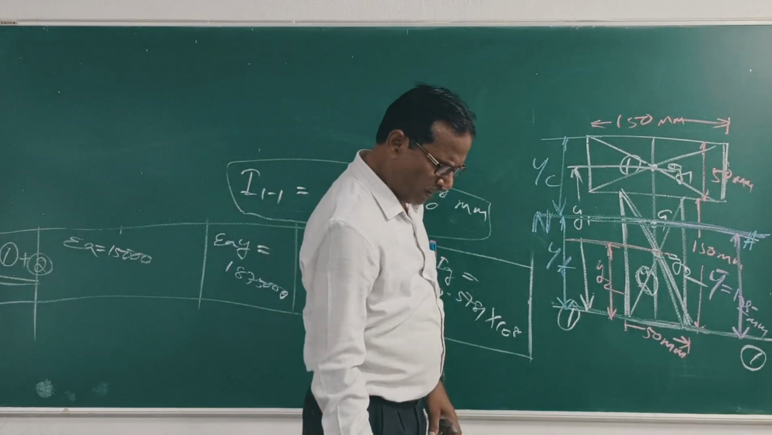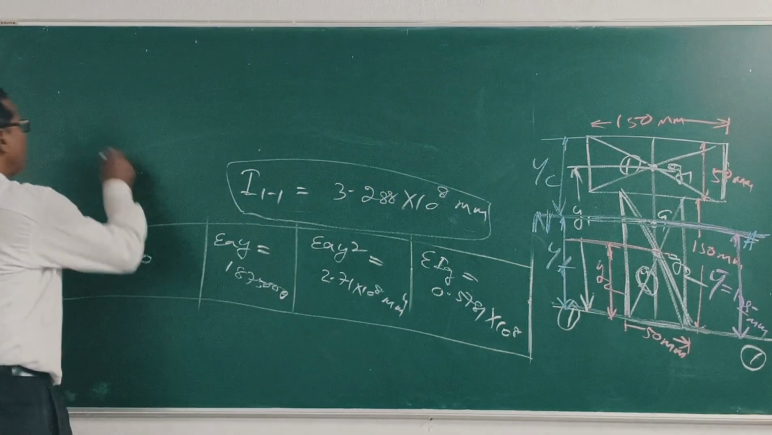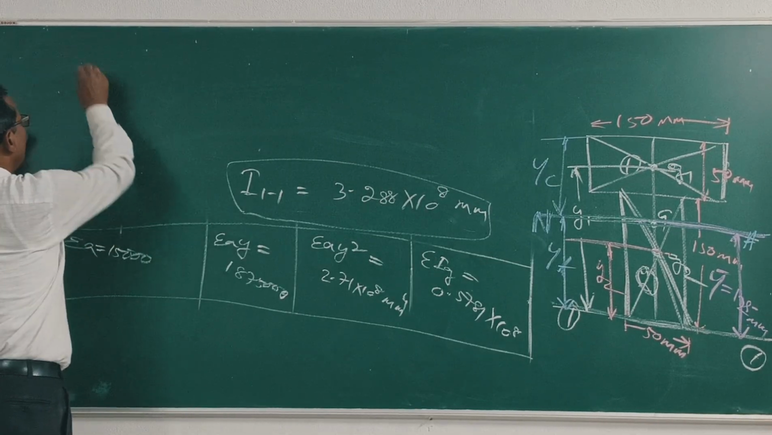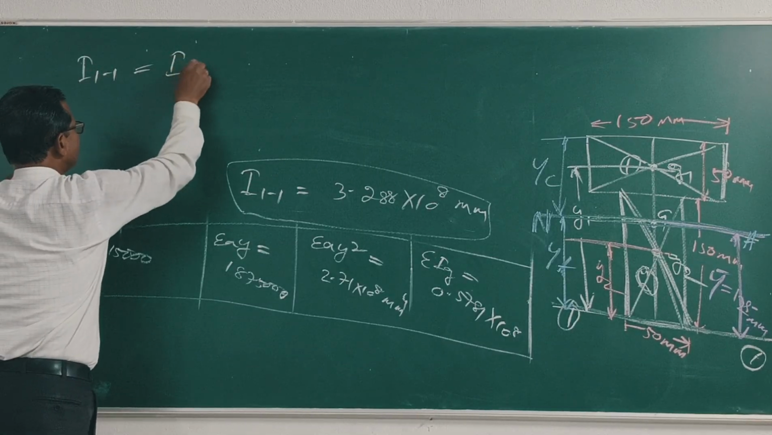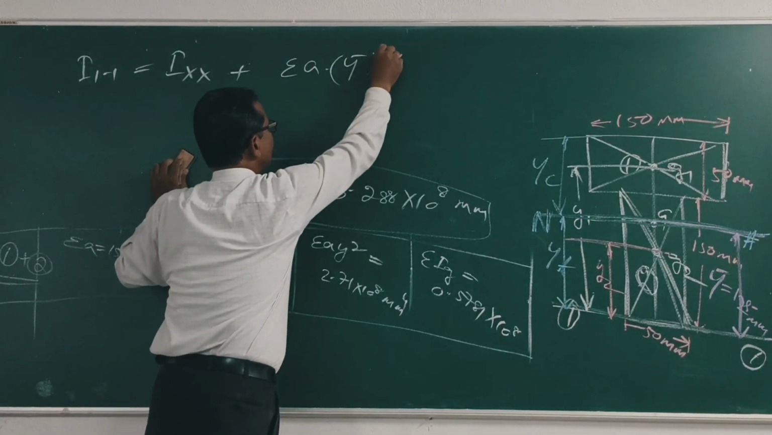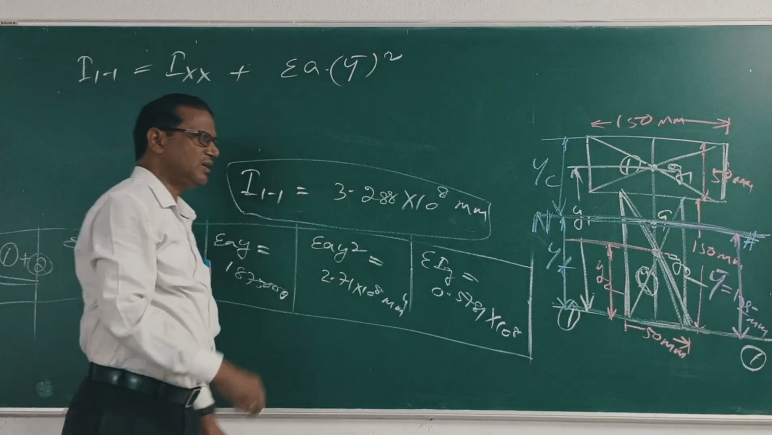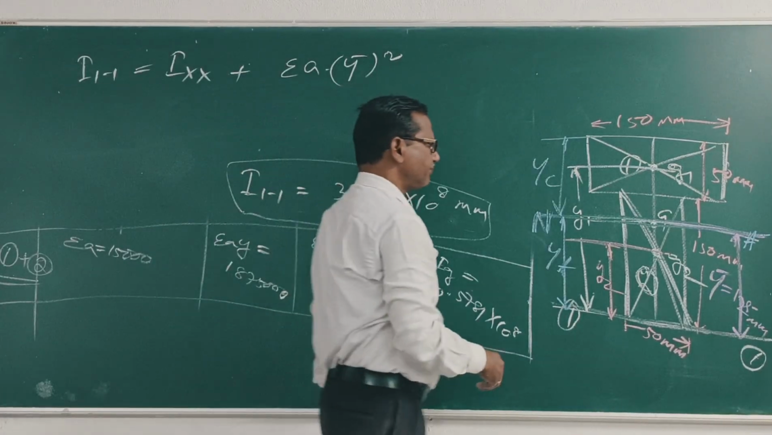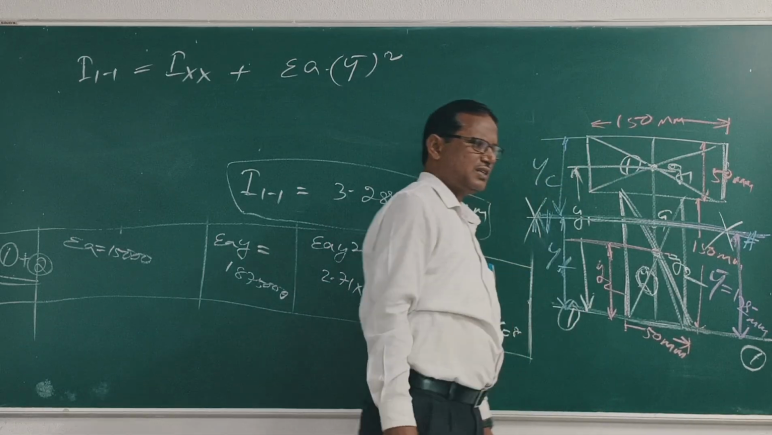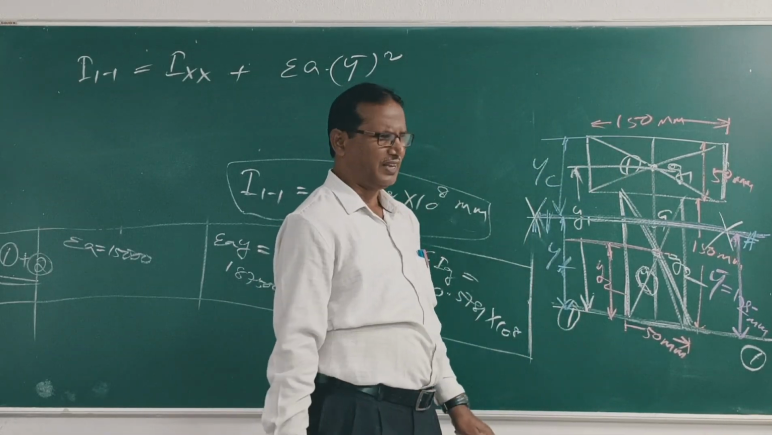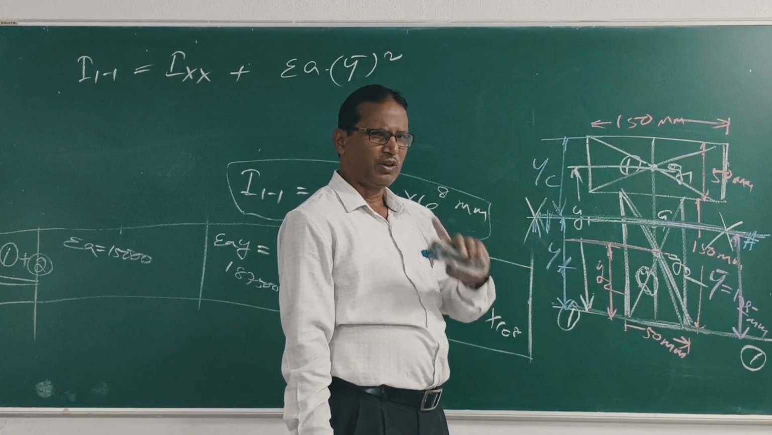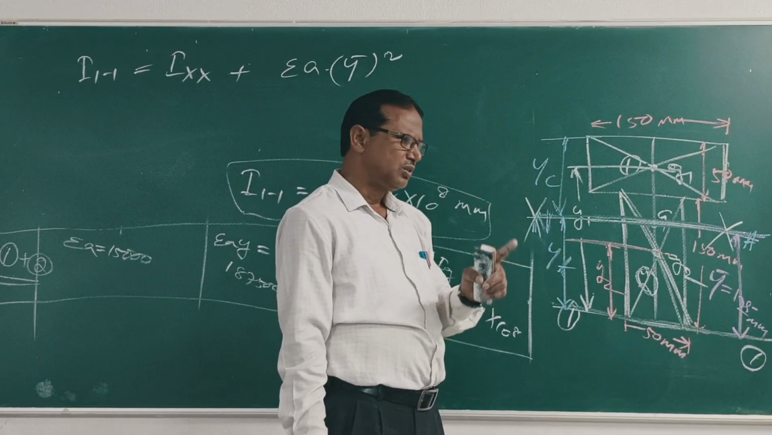But I1 is equal to IXS plus sigma into y bar square. This IXS, this x-axis, this is IT, this is I1, I. Clear? Now according to the parallel axis theorem, the moment of inertia about any axis is equal to the sum of the moment of inertia about the parallel central axis